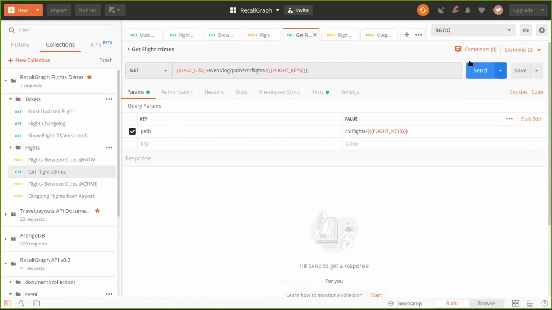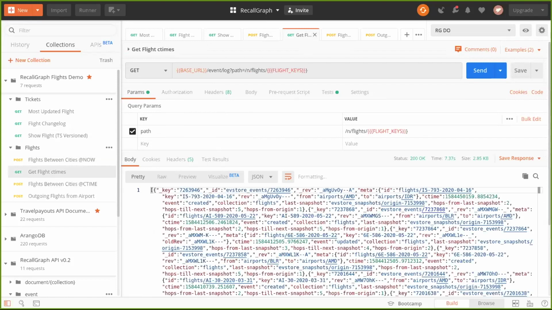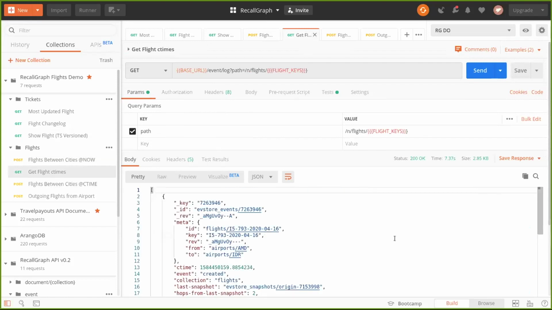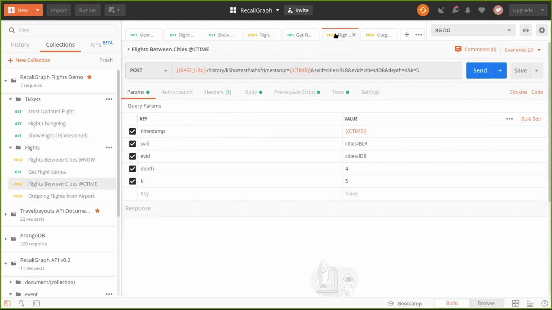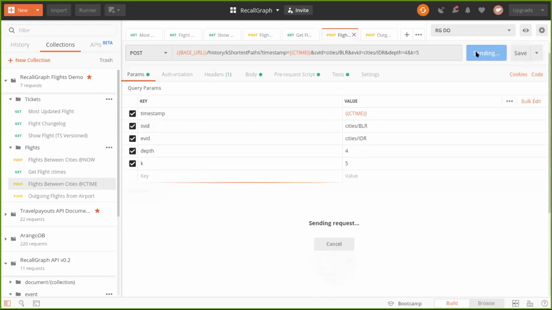Now I'm going to run a second query that will fetch a list of the creation time for all those flight IDs. Once again, this is not for me. This is more for Postman to populate its environment with a bunch of timestamps. And I think Postman has recorded all of that. So now I'm going to fire a query which is asking for a list of connecting flights from Bangalore to Indore, whether they are one hop or two hops, and sort them in ascending order by prices, and return the top 5 results.